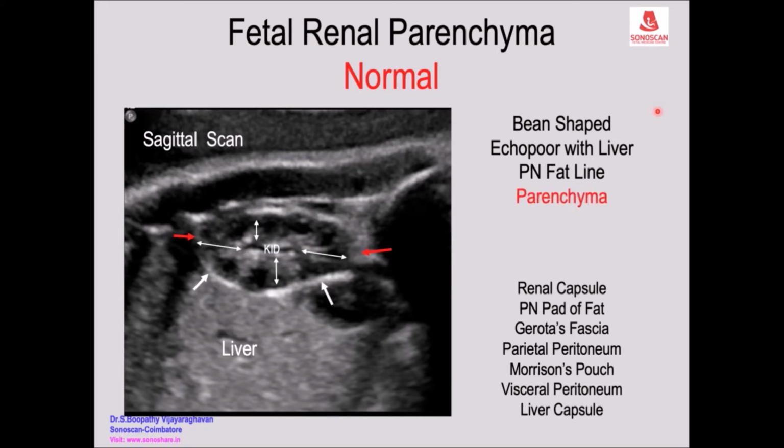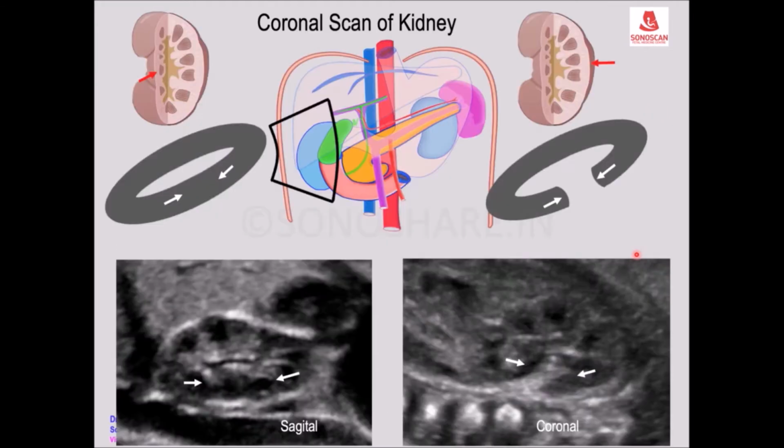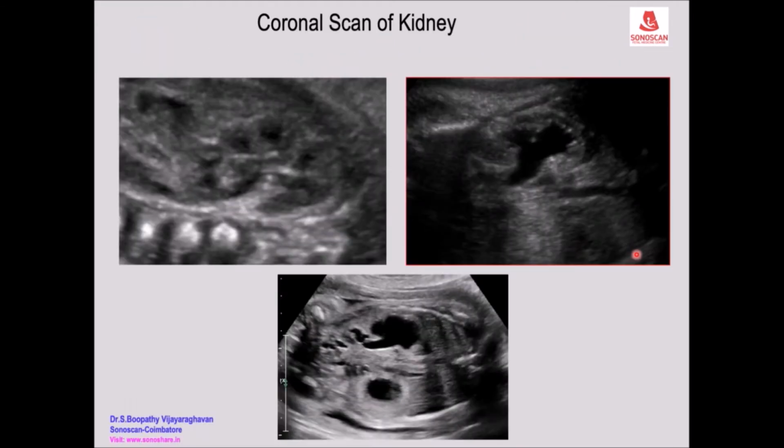Then we see the renal parenchyma, and then the fat. Because there is an interface between each of these, the central echogenic area appears echogenic. But the most important structure is the pelvicalyceal system. This is important because normally you don't see the collecting system, but when the collecting system dilates in hydronephrosis, you see the dilated calyces communicating with the renal pelvis, continuing as the ureter.